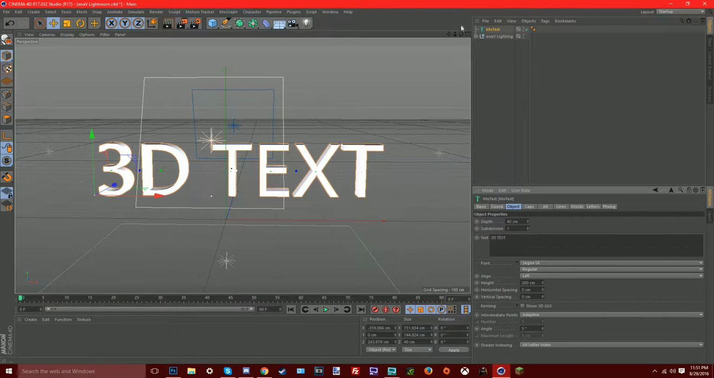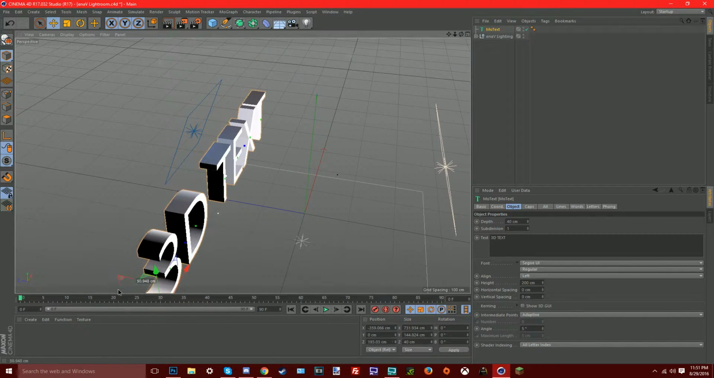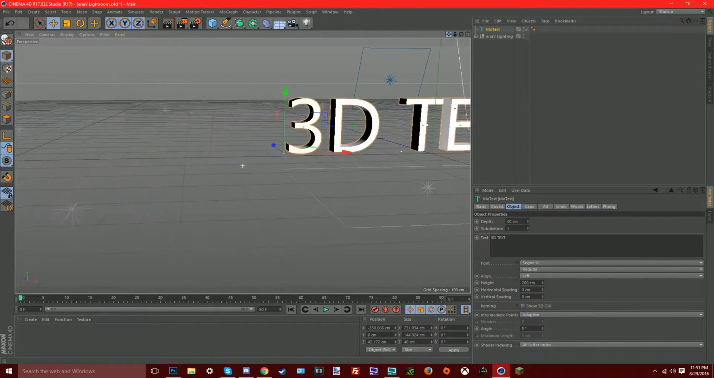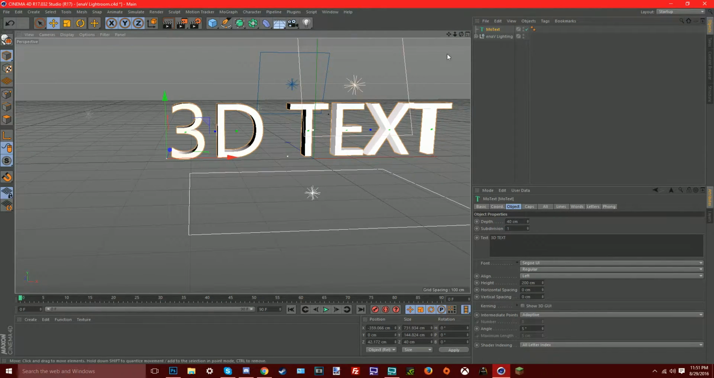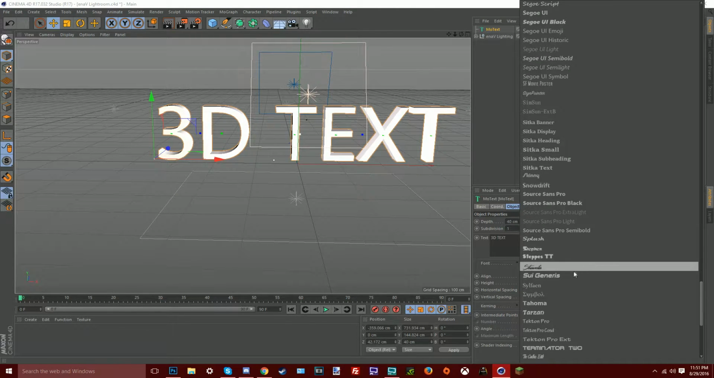Once you do that, it just extends the text out in the back, making it more 3D. So after that, you can just make it whatever font you want. In this case, we're gonna be using the